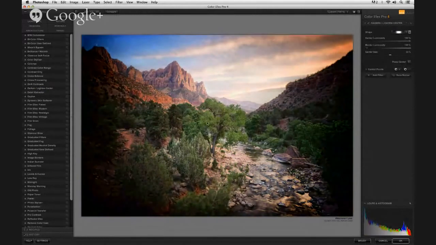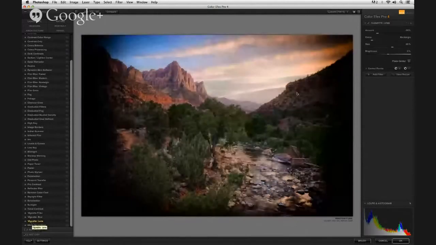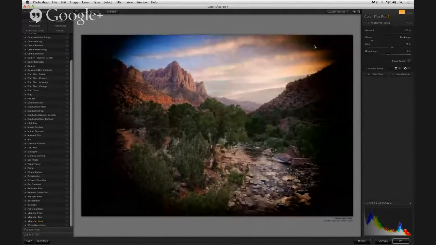It has this really nice subtle transition from the center that's being brightened and the border that's being darkened. The difference is that brightening of the center and the gradient of the center, because if I go and click on the lens vignette filter instead of dark and light and center, what this does is it offers me the ability to darken down the edges, but it doesn't brighten the center,